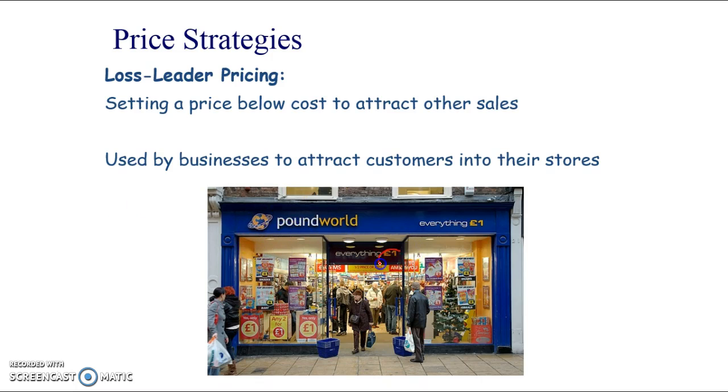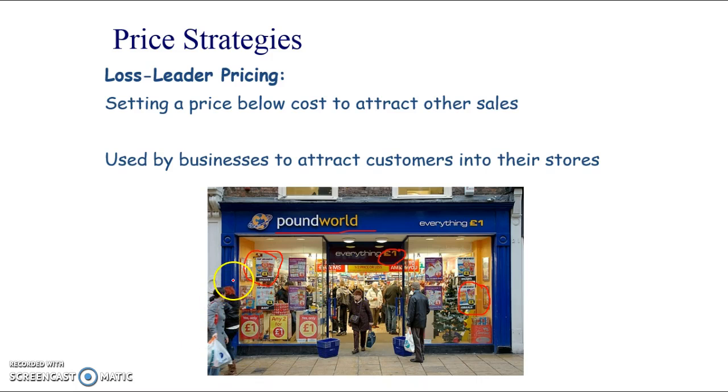Now I know everything is a pound, but what they do sometimes is they get some branded items. I can see here in the window they've actually got, I think these are Walker's crisps, so branded items. Walker's are a big brand. Here we've got cereals, we've got kind of Nestle cereals. I bet we've got some Kellogg cereals in there as well. So this is kind of what they're doing. They're doing a loss leader pricing because actually this £1 may not cover the whole cost of producing those. I mean, I know Pound World don't actually produce them, but for Pound World to buy those products in,